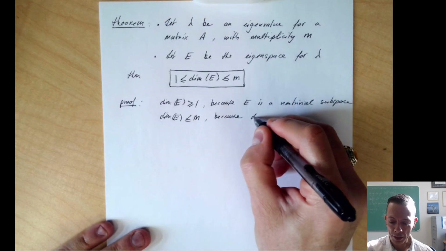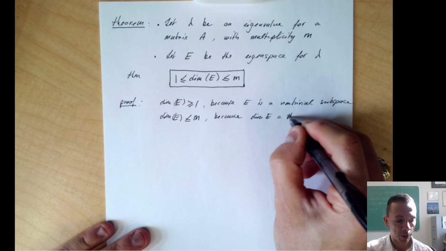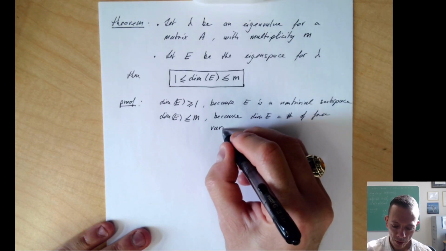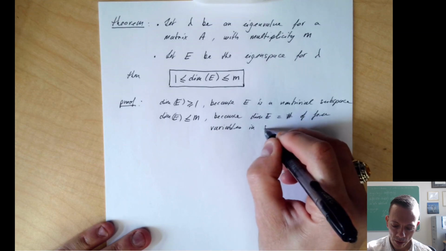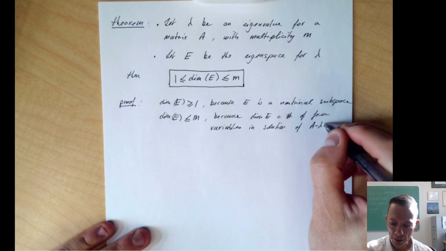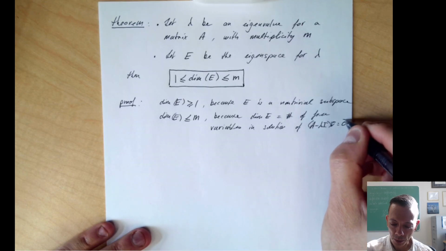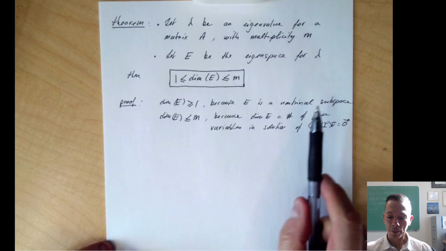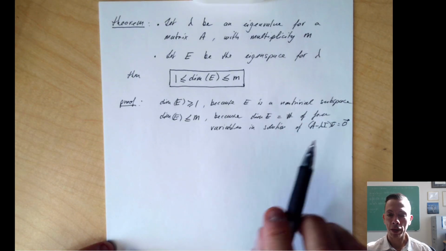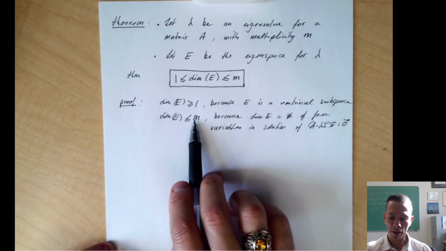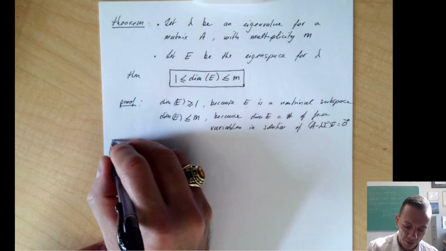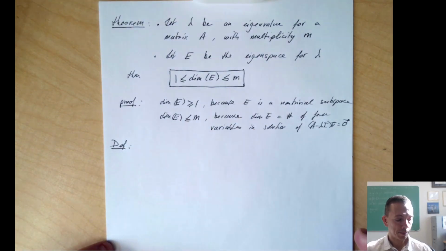Because the dimension of E is the number of free variables in the solution of A minus lambda I V equals 0, which cannot exceed the number of equations that you have, which is bounded by the multiplicity of the eigenvalue lambda. So as we saw in the two examples,